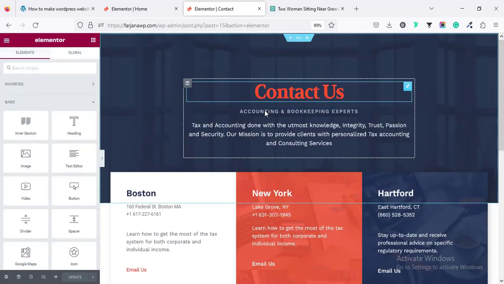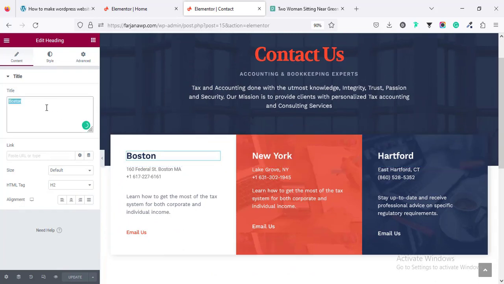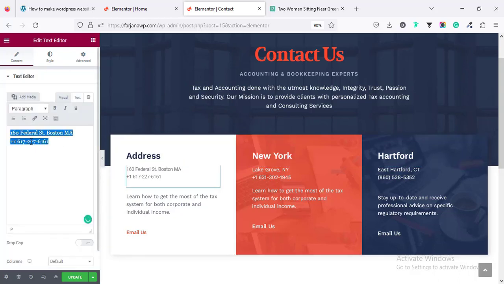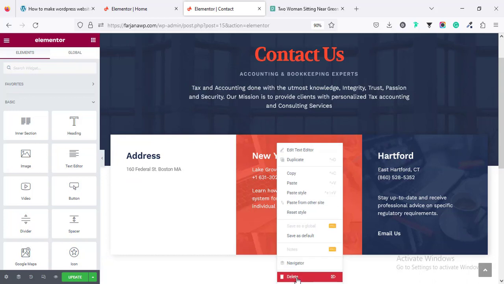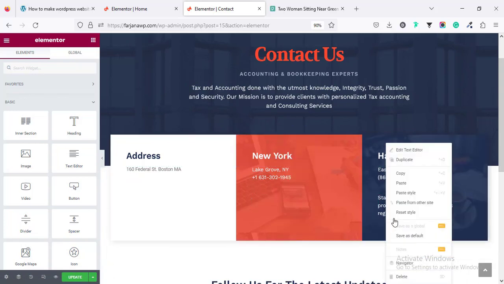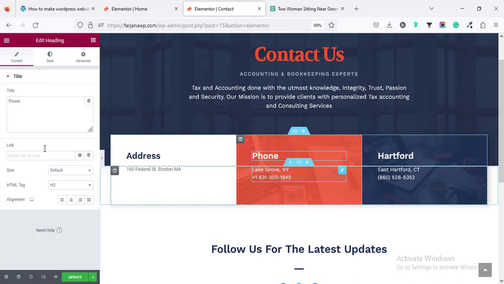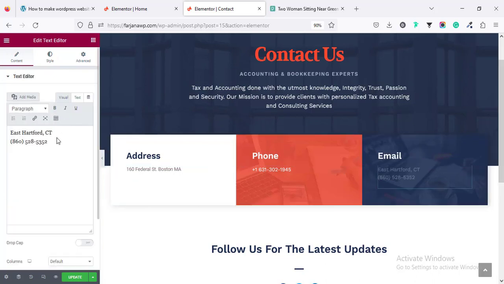Here is the title area, it's looking good, and here is 3 different addresses. So if you have different addresses for your office, you can add that, or simply here I'm going to add the address if you have one address, and here I'm removing the phone number, also removing this text. Similarly for all others. For the second one, I'm adding the phone, and there will be only the phone number. The third one, we can type email, and here we can add the email address only,